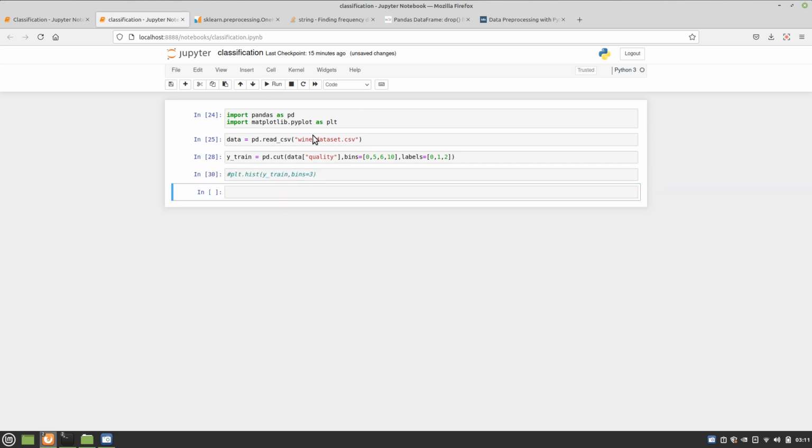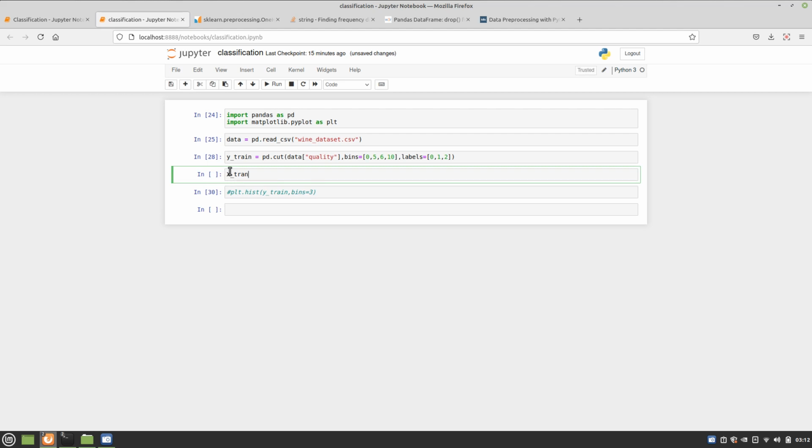Okay. Now let me create a category out of it, right? So I currently have labels 0, 1, 2. I need to encode it as well, right? If it's the outermost output layer in a neural network, it needs to be in that format. So let me do one thing. I need to drop this column as well. Okay. Before doing that, let me just